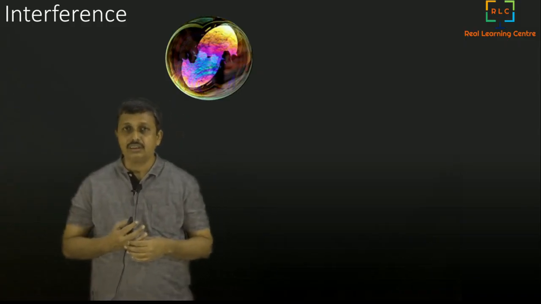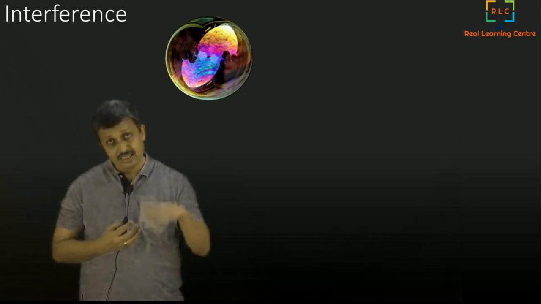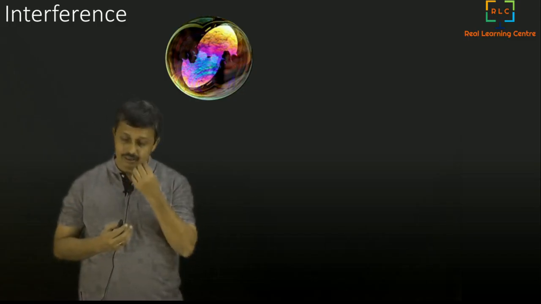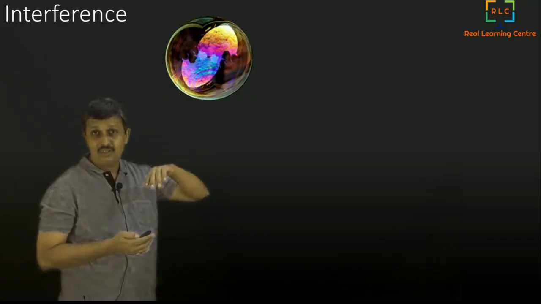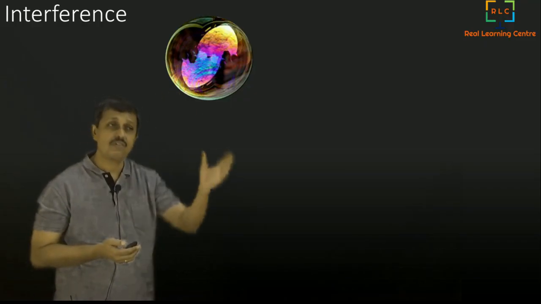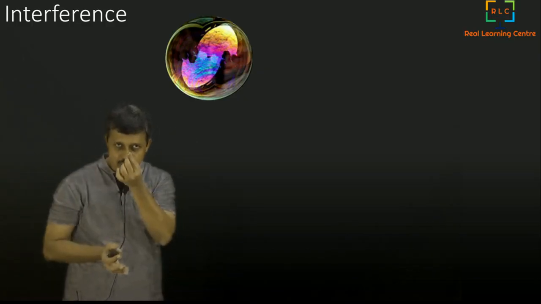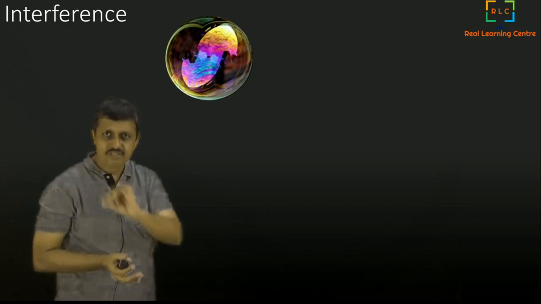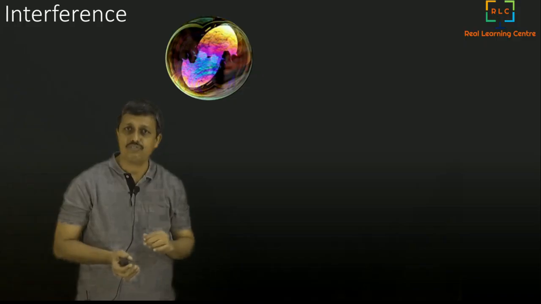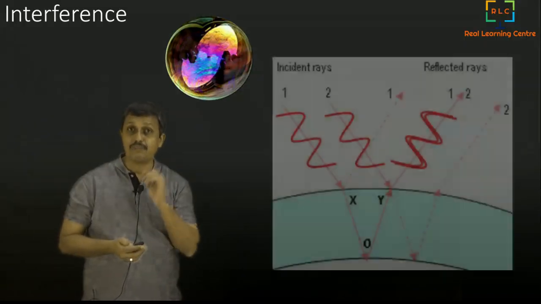Now, when white light falls onto such a wave, it contains all the colors. So what will happen? Let us take this and magnify it. What part? The soap film. If you see the soap film on the soap bubble, it is about a micron thick. It is extremely small. The thickness of the layer of the soap film is so small. When the light enters that, what will happen?